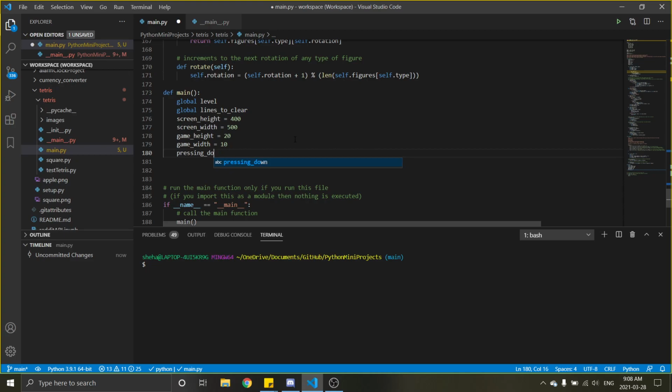Next, we're going to instantiate the pressing down Boolean value. This pressing down Boolean value indicates to the game if you're pressing down the down arrow key. If you're holding it down, this will stay true. And if you let it go, then it becomes false. It lets the game know when you're holding the down key, so it can fast drop the figure objects based on your